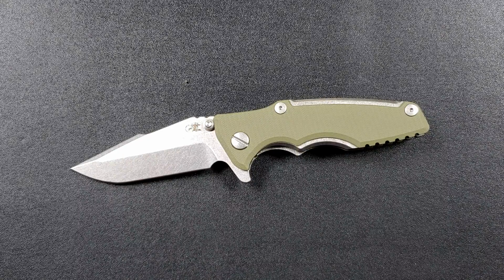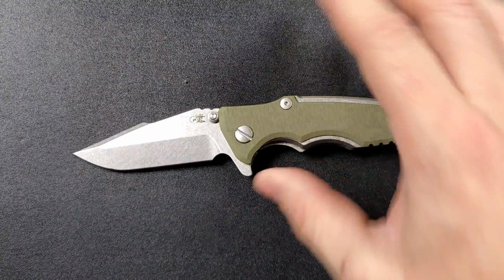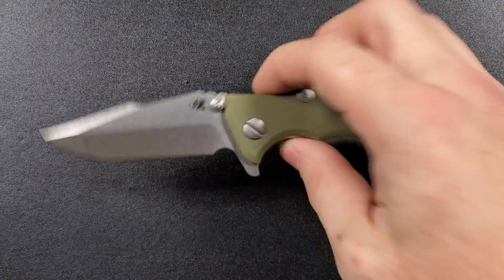Probably. I don't know. I don't use my knives hard enough, but there's plenty of evidence out there to support what I'm saying. Anyways, it sounds like I think I know what I'm talking about, but just understand, I don't use my knives hard enough to be able to definitively say. I try to be very clear about that. I want you guys to know where you're getting this information while I'm giving a slightly biased review of a knife that's made by somebody who I just think is the greatest maker in the world. But anyways,